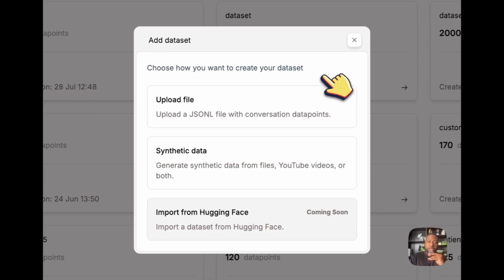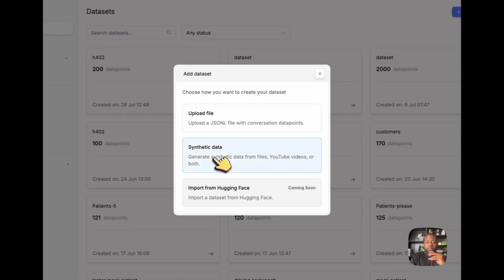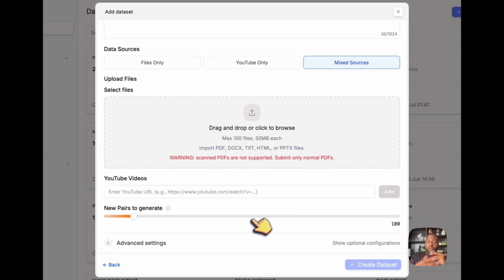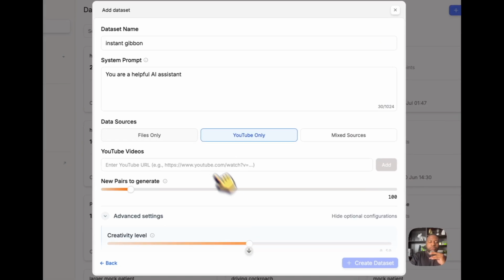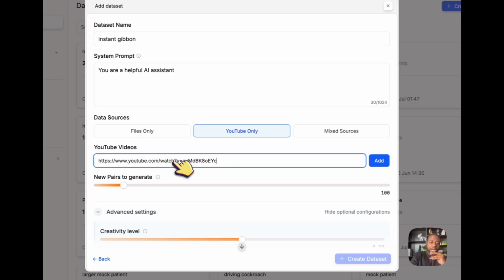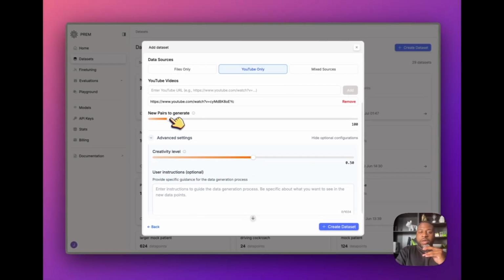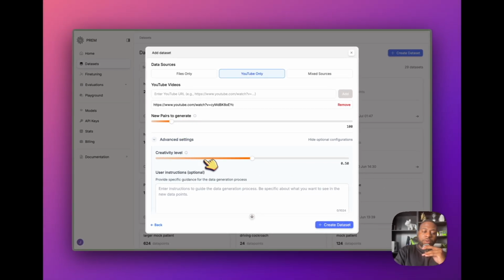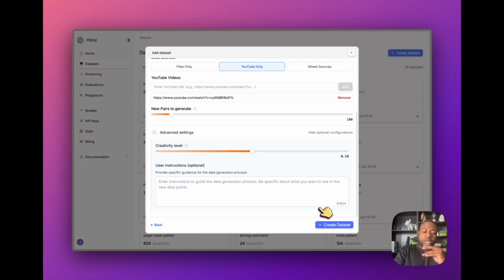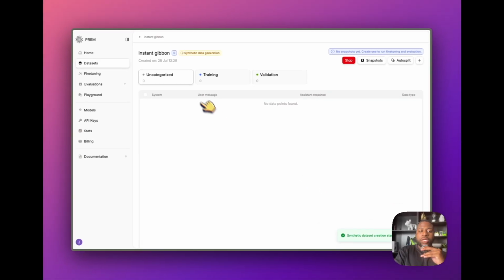Now remember, there's a number of ways to upload data for a data set. You can use JSON-L and just upload your file this way, or you can use synthetic data like we did in the last step, and you can choose YouTube only, or you can use mixed sources, which are files and YouTube videos bunched together to make one data set. So again, for another example, I can go here to YouTube only, and I can click here and add a URL, then click add, and I can change the amount of new pairs I want to generate, the creativity level, or even add user instructions, and go over here to click create dataset, and our dataset will start to generate